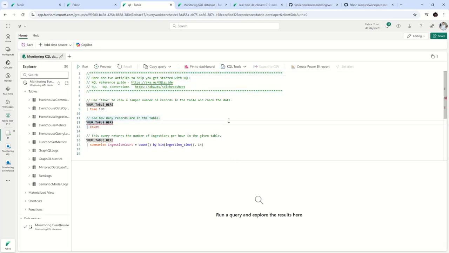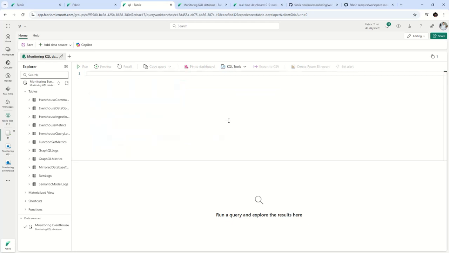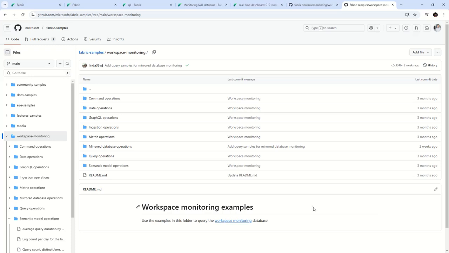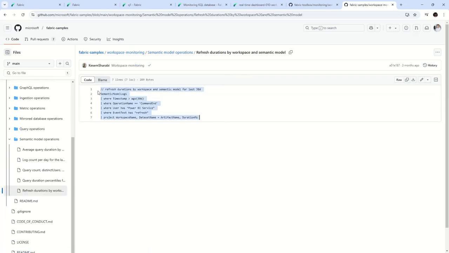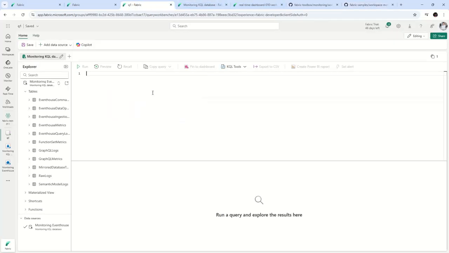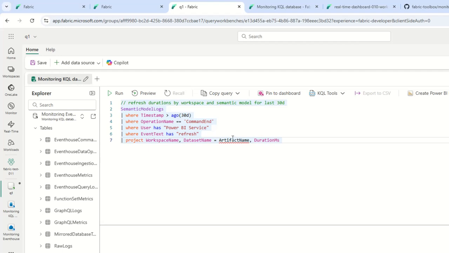If I want ready-made KQL statements for this monitoring database, I can go to this repository. Again, check the URL given in the description. You can come here, get whatever query you want, and use it. For example, if I go to semantic model operations, I can see multiple types of queries. Let me click on one of these, copy this code, go here and paste. I think this has been changed. So let me just say